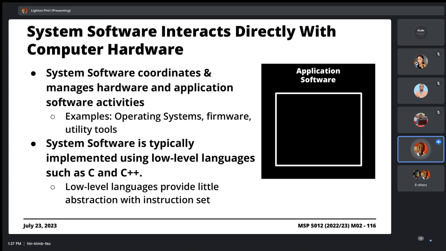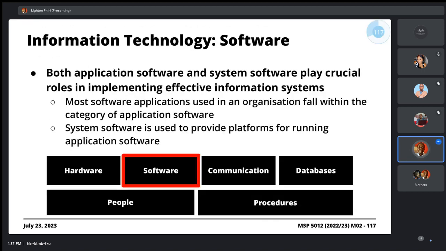Application software has to go through system software to direct the hardware. And irrespective of the distinction between application software and system software, all of these play a crucial role in the effective operation, implementation, and management of your management information system.